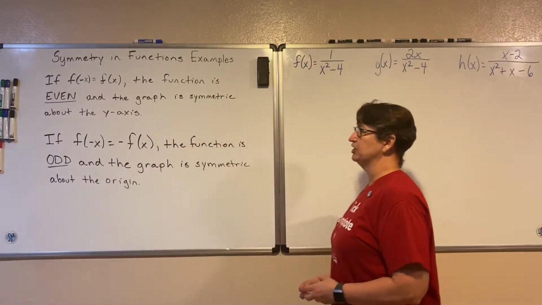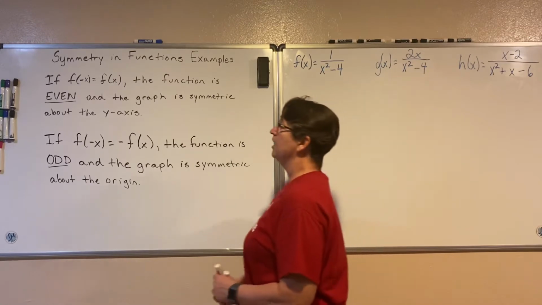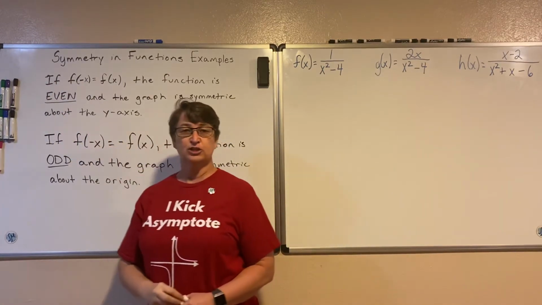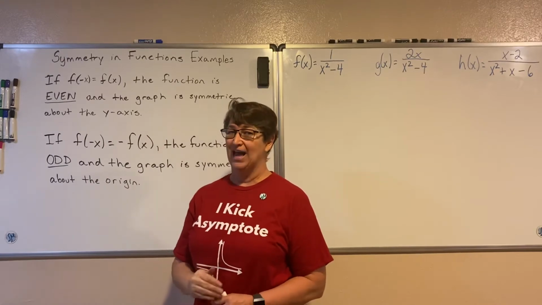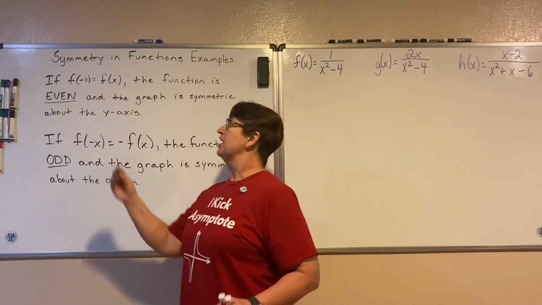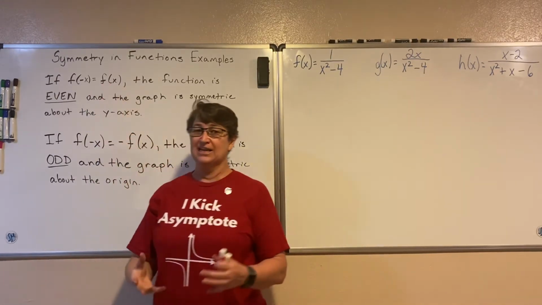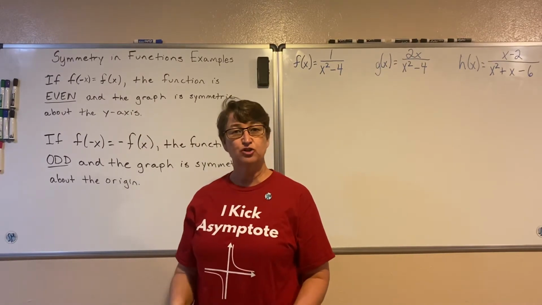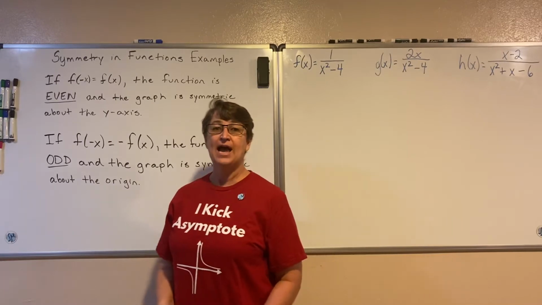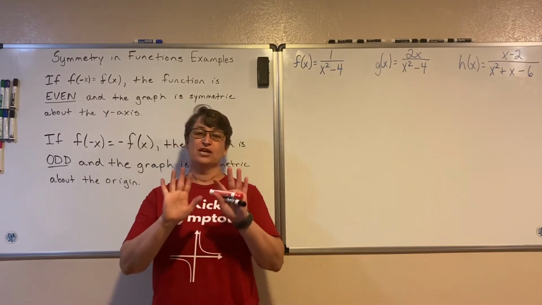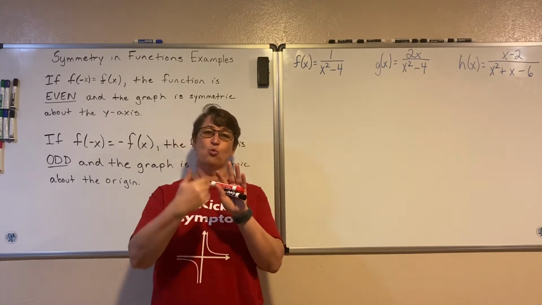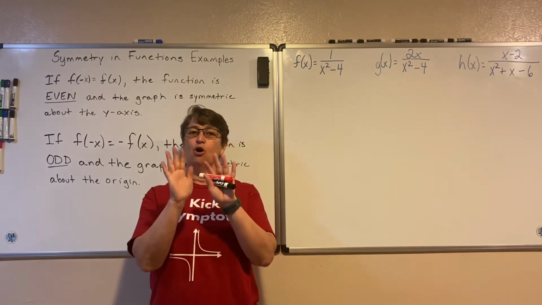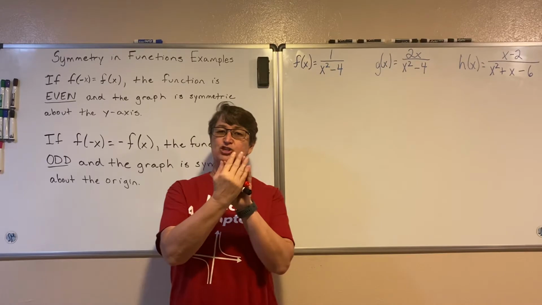So first, the definition. The definition of evenness tells us that if, when we have a function, we input a negative x into that function, if our output then is exactly the same as our original function, then we say the function is even. And that tells us that the graph then is going to be symmetric about the y-axis. So if I fold it on the y-axis, all the points on one side would match up to points on